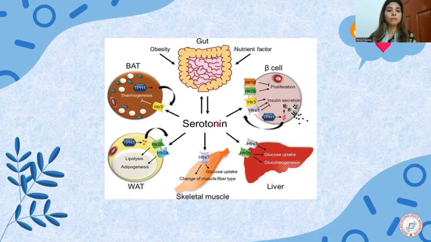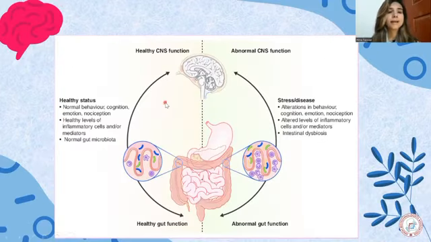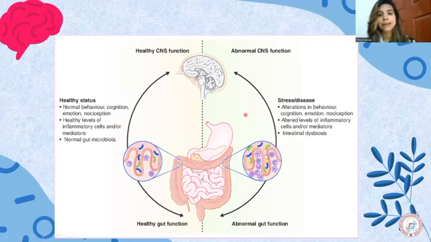So this serotonin, or 5-HT, is also known as the happy hormone because it is involved in several physiological processes of your body. It actually protects your gut. So what will be the status of your gut-brain axis if healthy? What will be the physiological status of your body? And if this axis gets abnormal, what will be the consequences in that condition? So in this slide, I'm going to describe the comparison between the two.